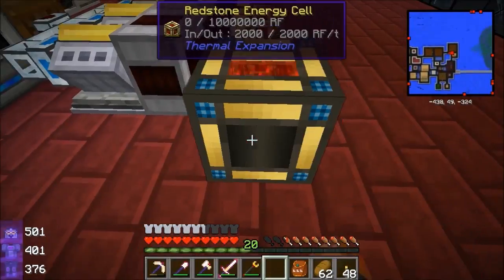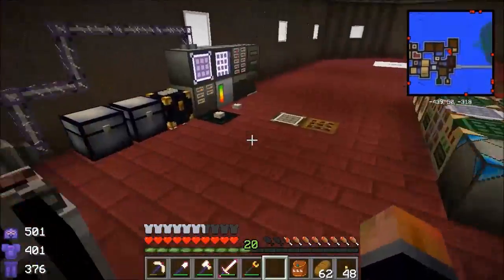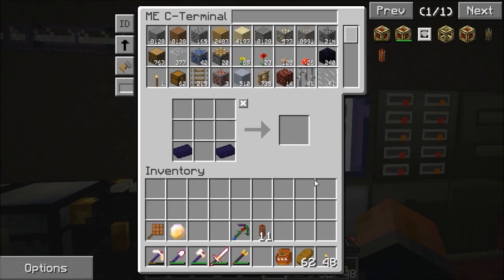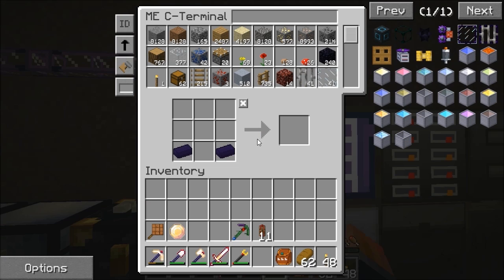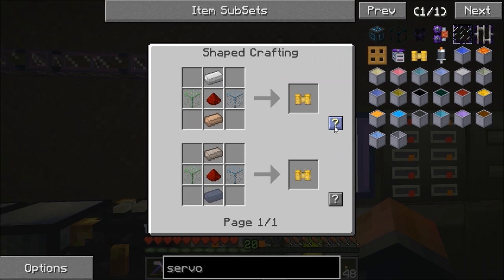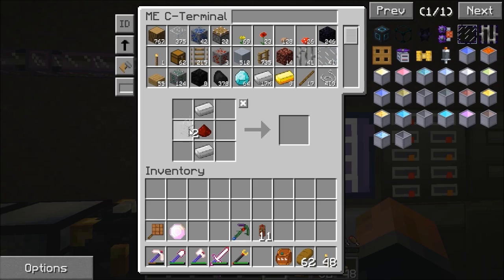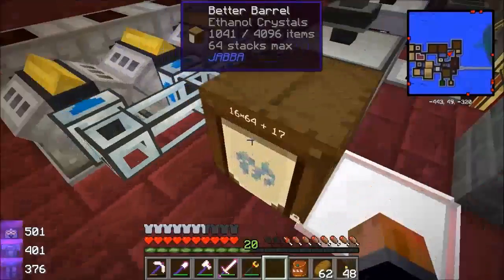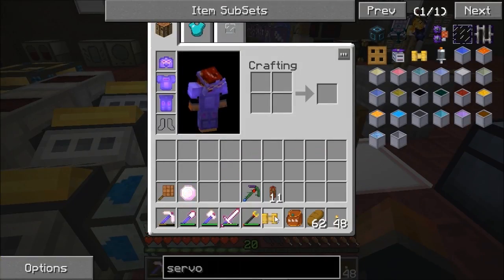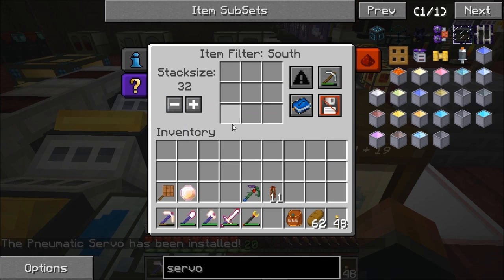So basically all I want to do is put a servo in there. One thing, there we go. Oh, it's never putting glass in because it picks weird glass. Guess there's a servo. Don't think I've got any in my bag, so maybe should have checked in my bag first. But if we put that in there, we can now set this. I'm going to go stack size 1, and